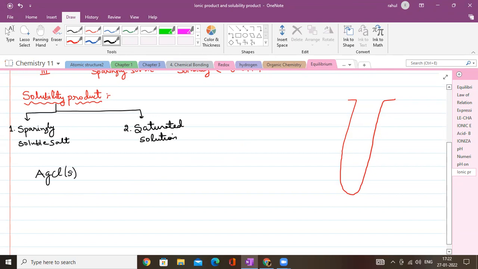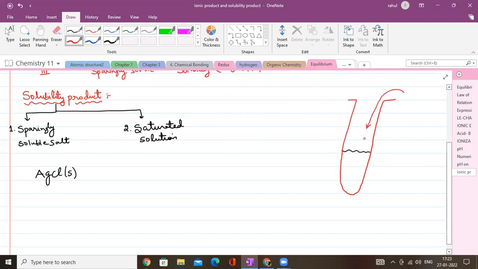See, silver chloride is one of the best examples of a substance which is sparingly soluble in water. So suppose I try to add a substance. Substances are basically divided into three types. Type number one is the substance which is soluble in water. I repeat, if a substance is soluble in water,